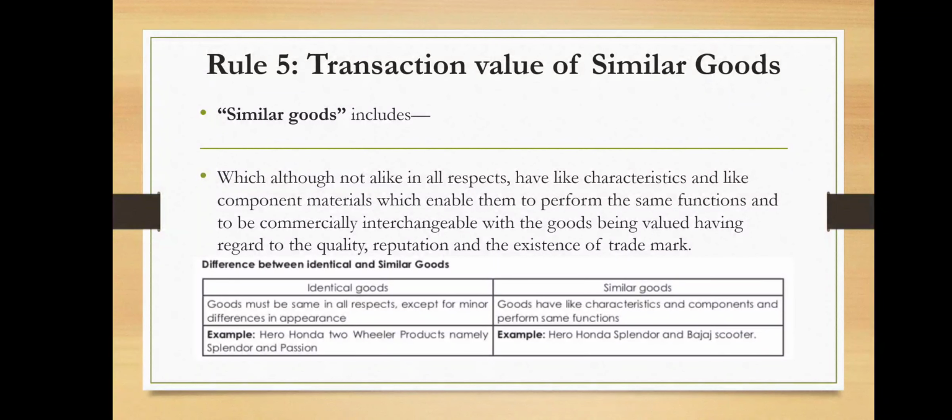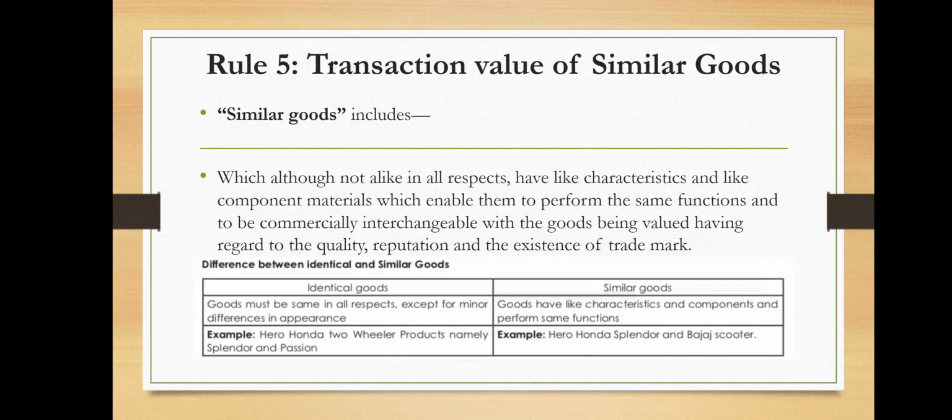Similar goods include goods which, although not alike in all respects, have like characteristics and like component materials which enable them to perform the same functions and to be commercially interchangeable with the goods being valued, having regard to the quantity, reputation and existence